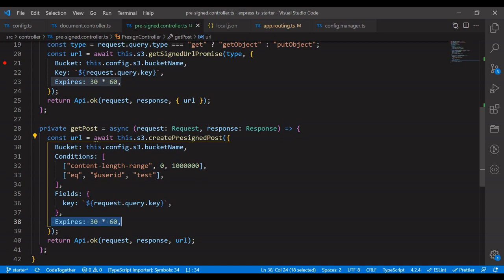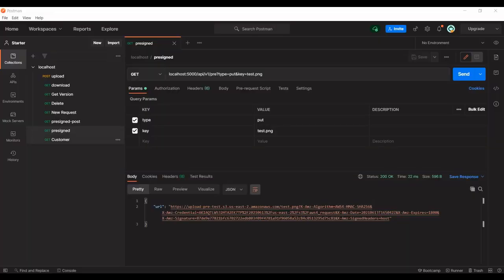Here I have added a condition, content length range: the file should have a minimum size up to this and a maximum up to this. And it should have a user ID. I just hard coded it with test. You can have your own conditions. The user ID should be available for upload. These conditions can be added. These n number of payload information items, that is metadata, are required to upload a file. You can have that information in this. So basically, if we have conditions to upload, we can use the pre-signed post.